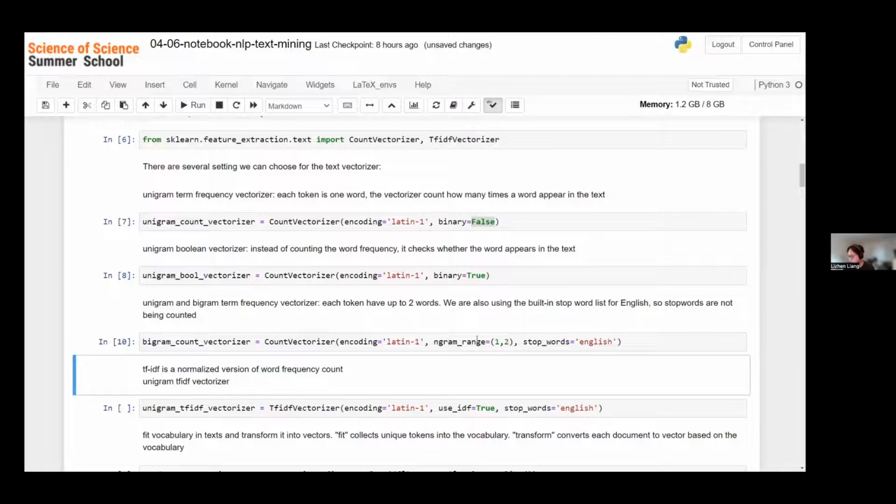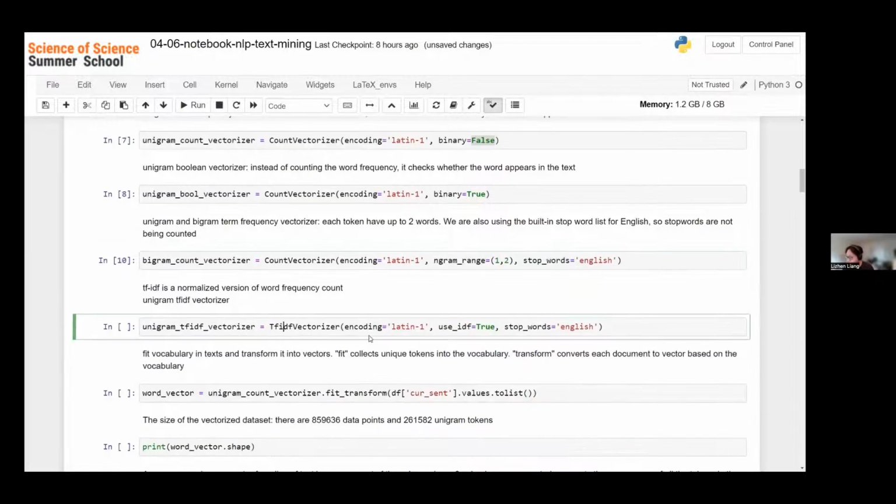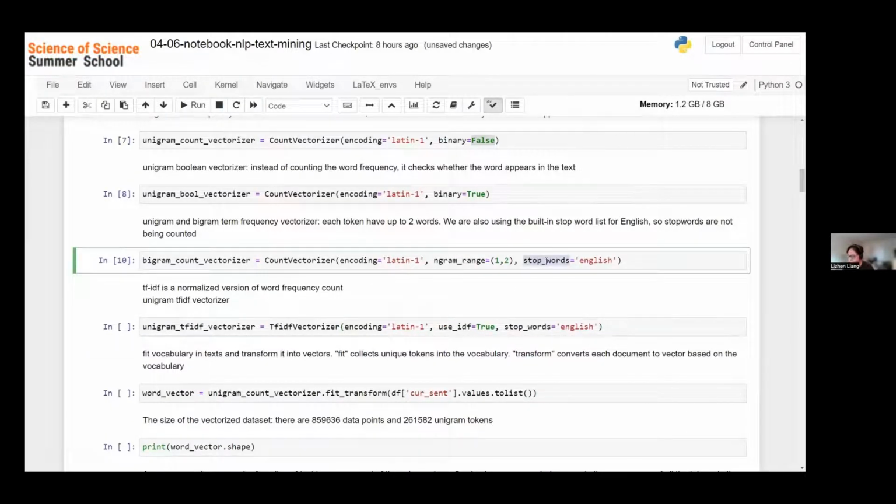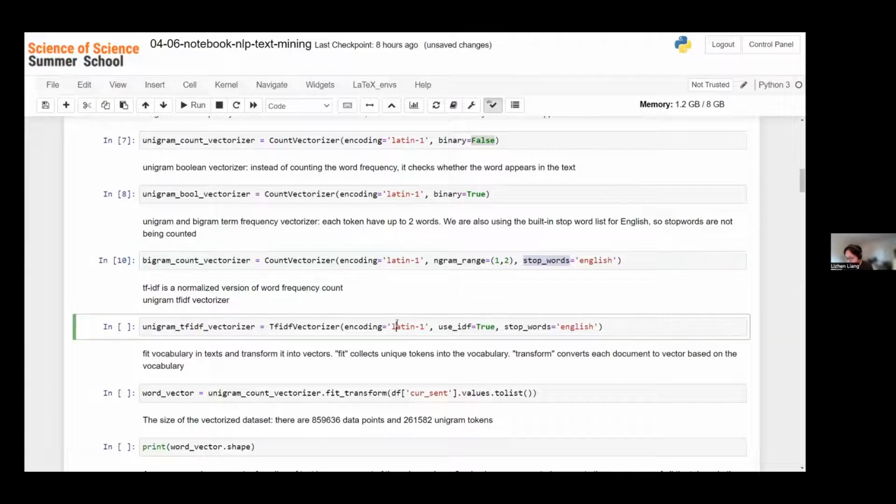So if I set the n-gram range to 1 to 2, it's counting 1-gram and also 2-gram, or unigram and bigram. And by setting stop words here, the vectorizer would automatically remove stop words, which contribute almost no information to a sentence. In most tasks, we'll just choose to remove those stop words.